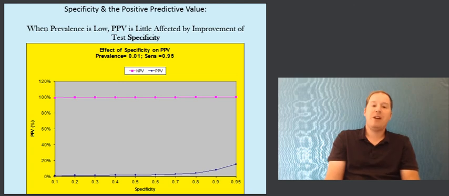This is the same when we look at the specificity of the test. If the prevalence is very low, the PPV is not affected by improving the test's specificity. In fact, when test specificity gets to 0.95, again, the PPV doesn't even exceed 20%. What these two graphs taken together indicate is that even if you get a very accurate test, a 99% accurate test, if the prevalence is low, the test will not yield good results when we're trying to screen for a disease. It will reflect very high false error rates and lead us to conclude that the test is worthless.